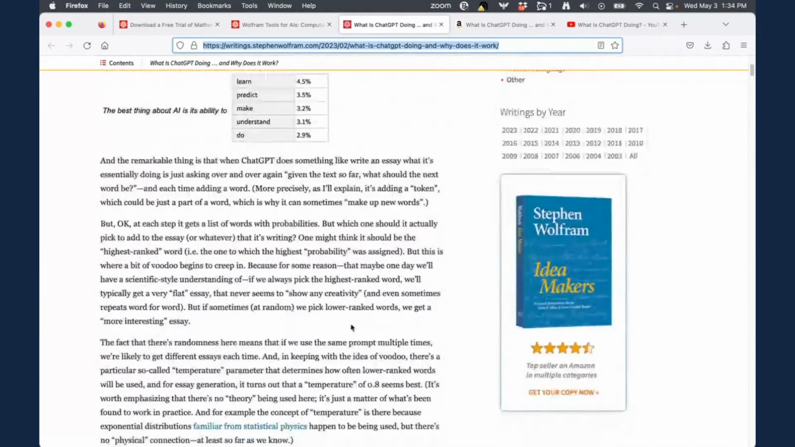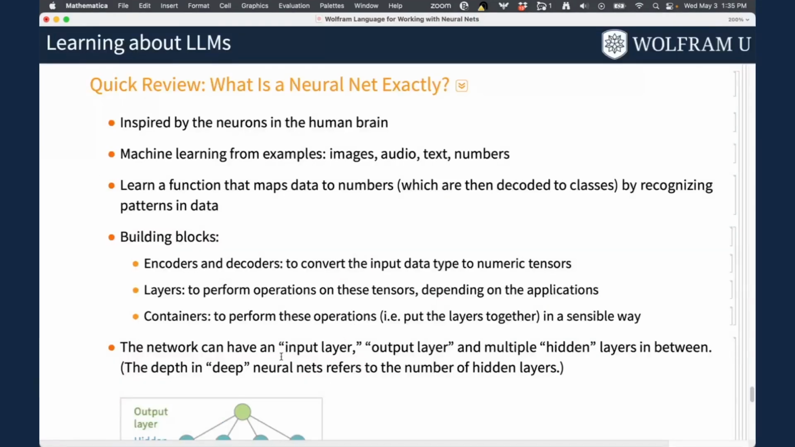And so if you're starting from ground zero, this is a great resource to understand how not just ChatGPT or an LLM works, but the basics of how neural nets work. Okay, so back here,